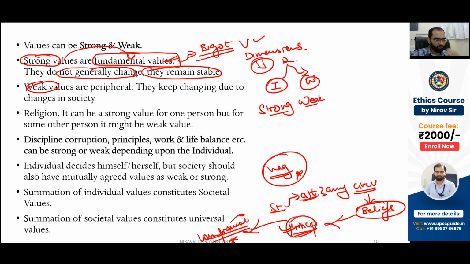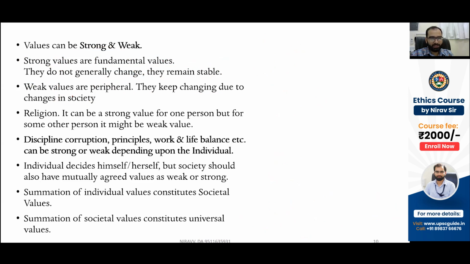Whereas the weak values, अगर आप weak values देखते हो, okay, then these weak values are peripheral. They keep changing due to the changes in the society. Okay, ऐसा भी नहीं है कि religion